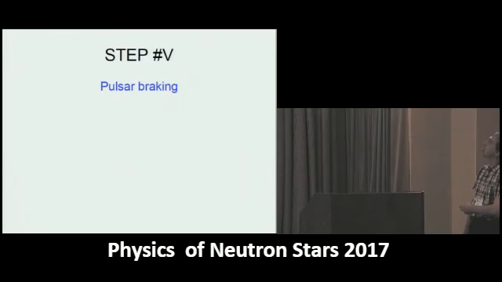So the fifth step is pulsar braking. How is it possible to explain the universal solution? Let me come back for a little bit and repeat that in our theory, when we postulated the local Goldreich-Julian currents flowing in the magnetosphere, we have a diminishing of the energy losses with the inclination angle. But the universal expression demonstrates an increase of the energy losses with inclination angle.